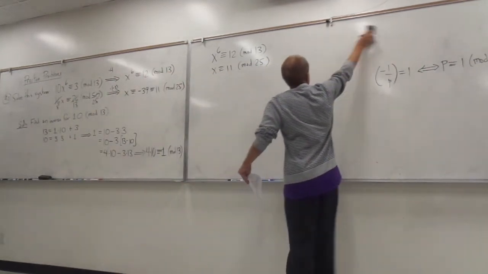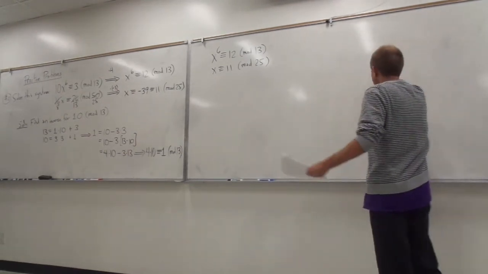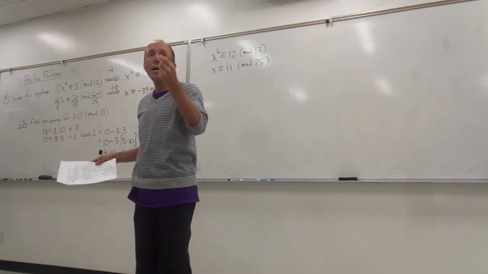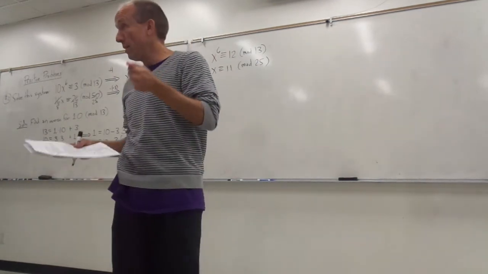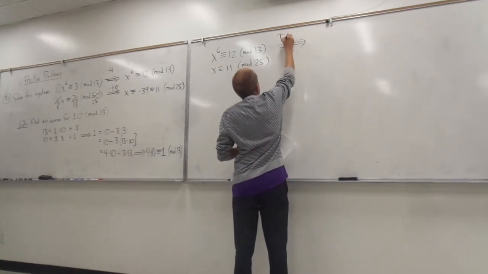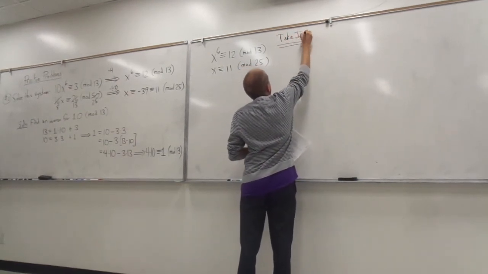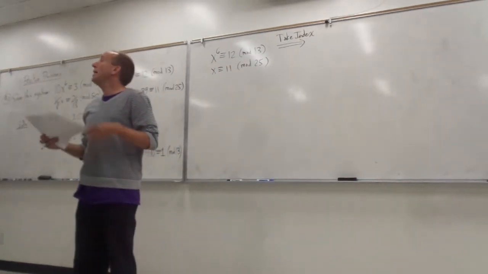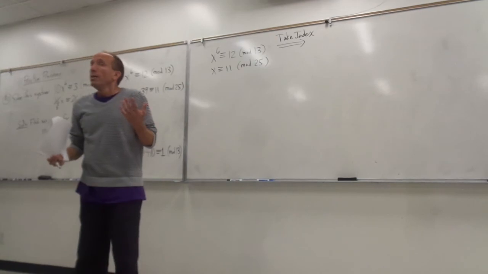But what I'm going to suggest we do instead of using the quadratic residues is I'm going to follow Abir's suggestion here, which is to actually take indices of the equation. So let's take indices. What do we need to do in order to take an index of something? We need to have a primitive root, don't we? So we need to have a primitive